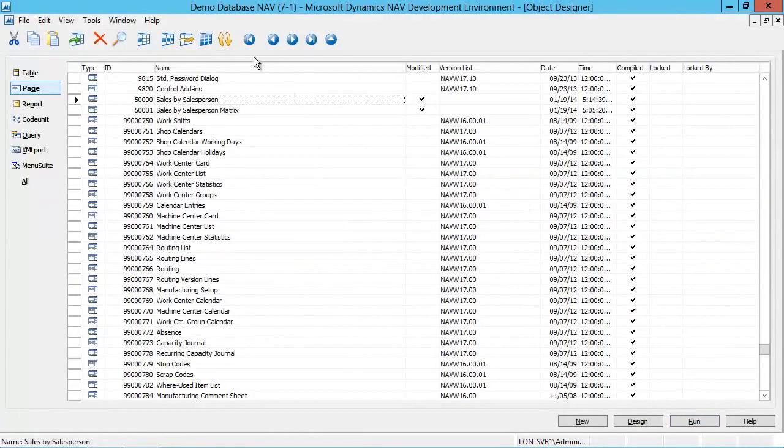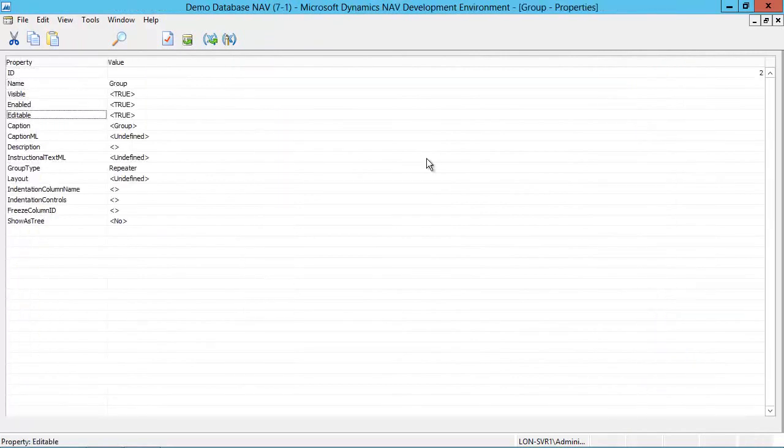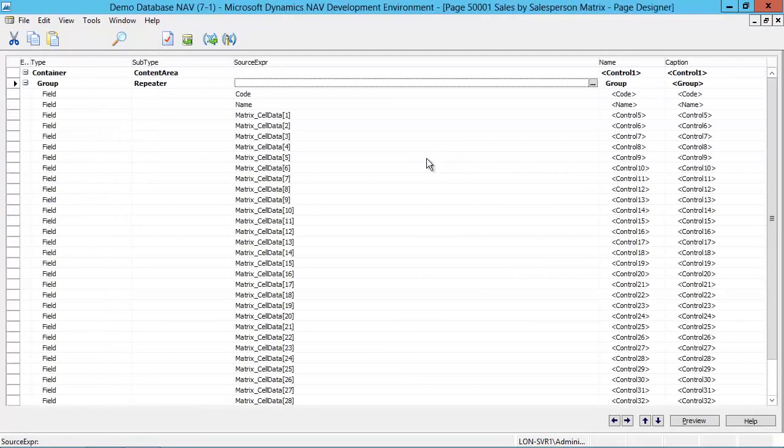There are two ways you can do that. The first one is obviously to set editable to false on each of the columns, but a better way is to simply set editable to false on the repeater itself. So I'm setting editable to false to prevent any kind of changes made by the user during the viewing of the matrix page. And then finally, what I want to do is enable drill down on each of the matrix cell data